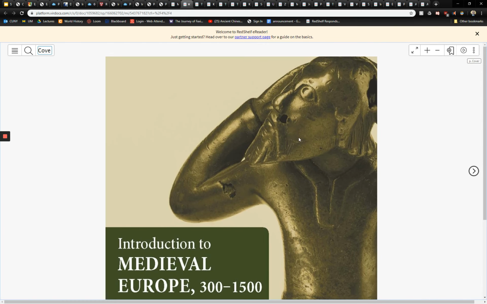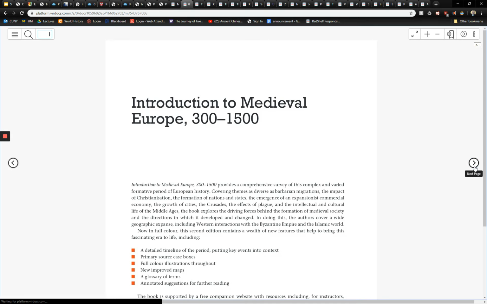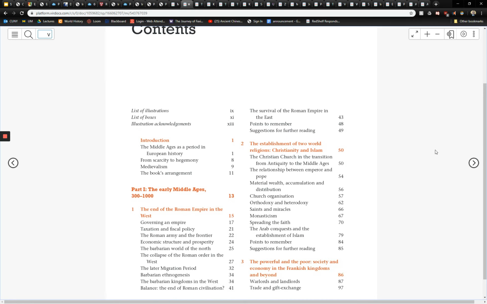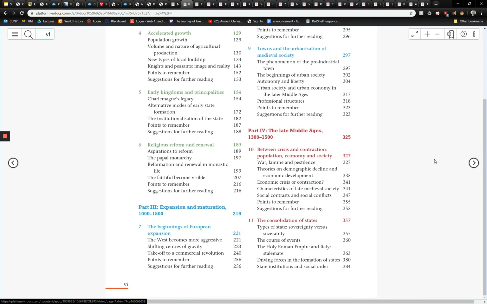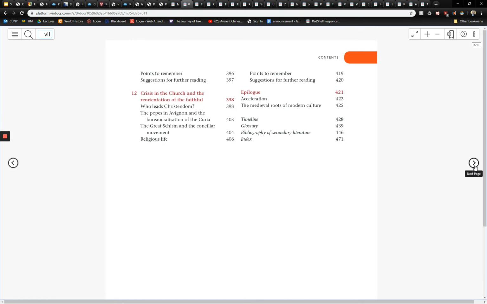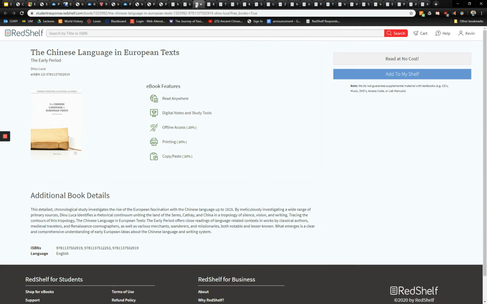And hopefully my internet is fast. And boom, we have this. So we have this book now that I can look at all I want and flip through. And there will be some primary sources in here. So this is a very good way to get primary sources if you just want to use one of these textbooks. It might not mean that things are tailored specifically to your interests, but